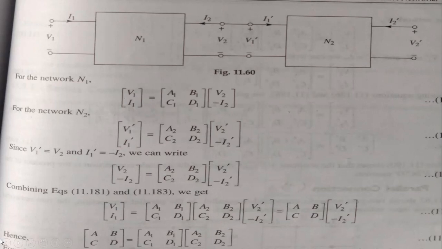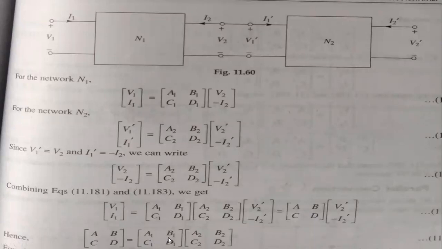So if you observe here, what I'm getting ultimately at the final, my source is V1 and I1. So V1 and I1 is nothing but my source, whereas here V2 dash and the I2 dash is nothing but my destination or terminating point. So ultimately here V2 dash and I2 dash, V1 and the I1. So these are the source side, this is the terminating side, and the middle is nothing but my ABCD, that is a transmission side. Okay, so again this ABCD is equivalent to the first network as well as the second network.